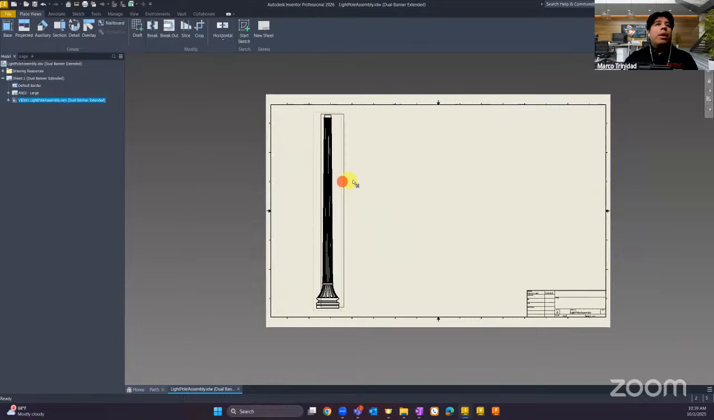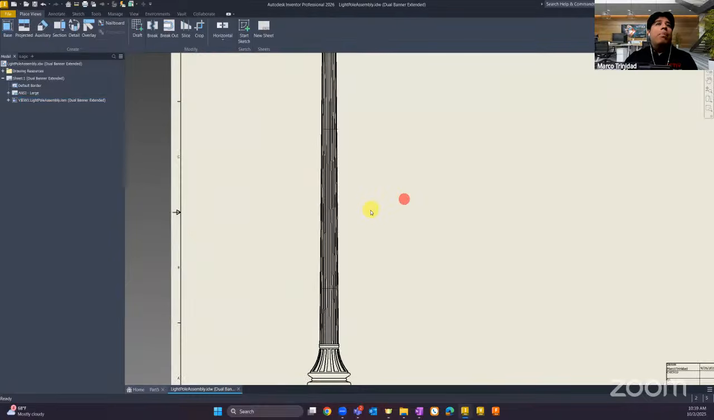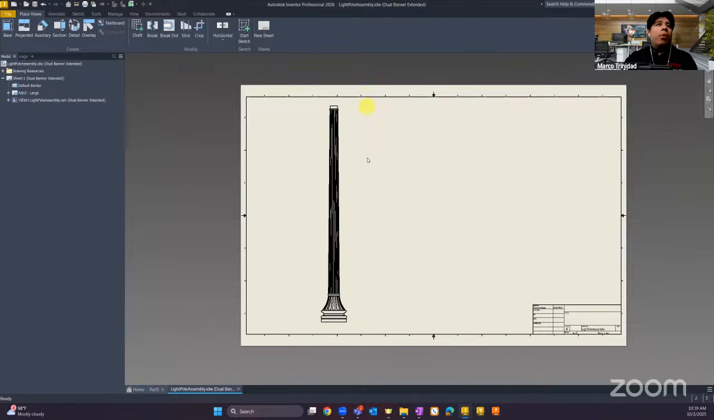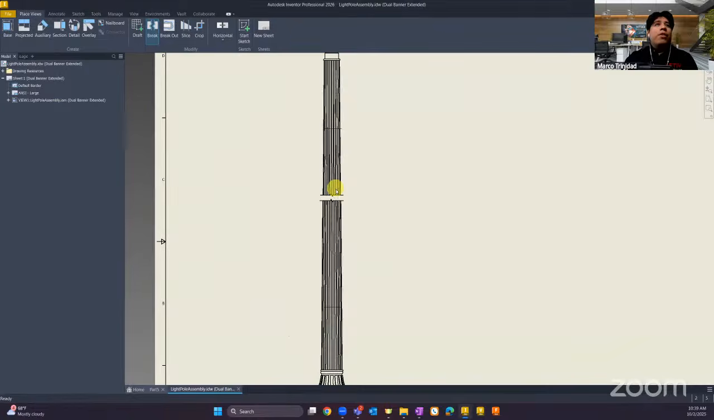Okay, so right here, you can see I have this light pole. It's a pretty long pole that takes up a lot of my drawing space. One of the improvements is adding in a break view. So I'm going to go ahead and select this post and add in my line. So in previous versions,